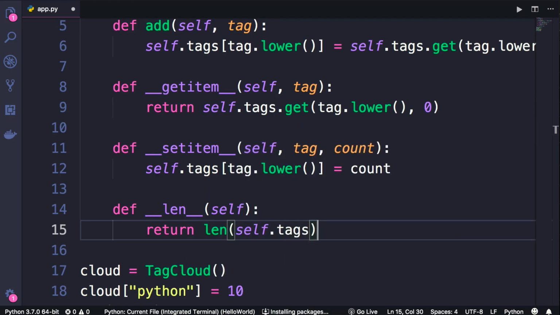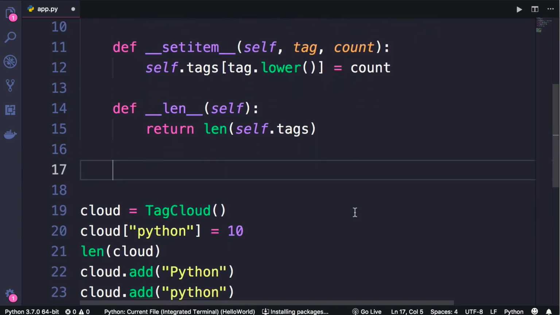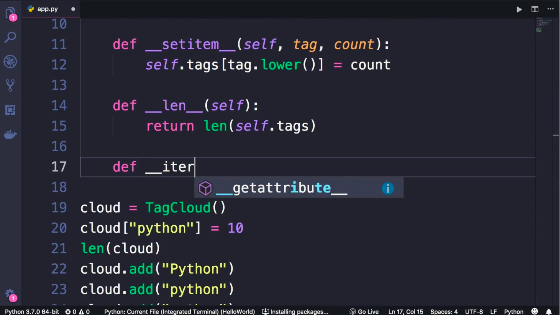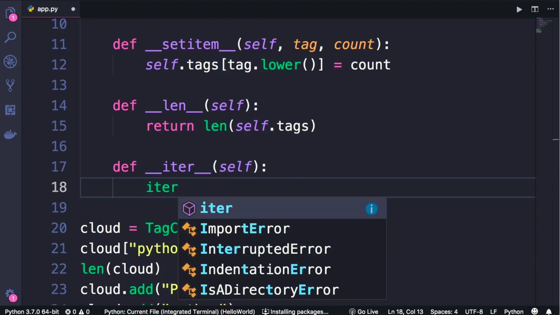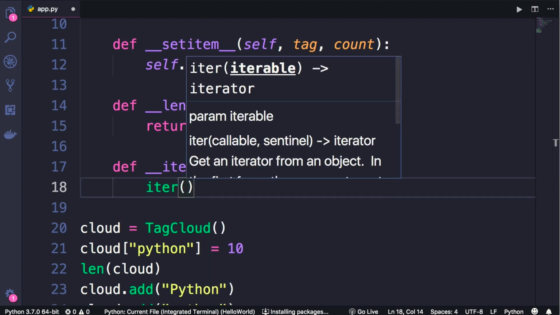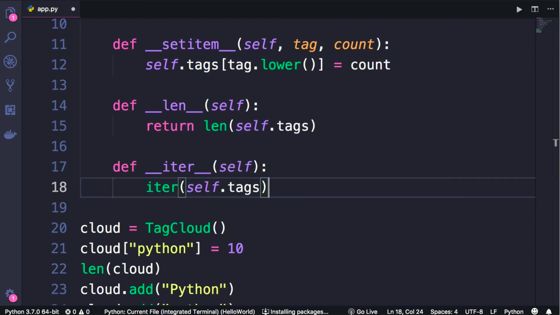And finally, to make this iterable, so we can iterate over it using a for loop, we need to implement another magic method, that is __iter__. So define __iter__, it takes self. Now all we have to do is to use one of the built-in functions to get an iterator object. An iterator object is an object that walks a container and gets one item at a time. So we call iter, which is one of the built-in functions. What do we want to iterate over? In this case, self.tags. So this function returns an iterator object, which gives us one item at a time in a for loop. So we simply return